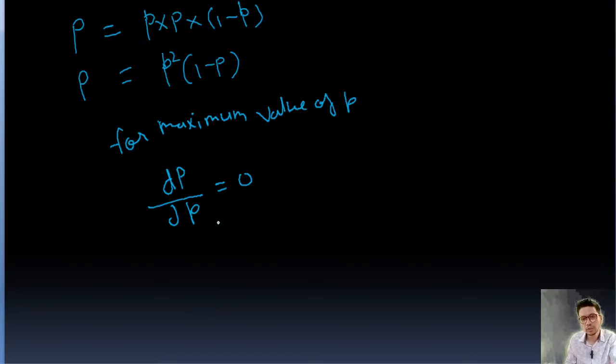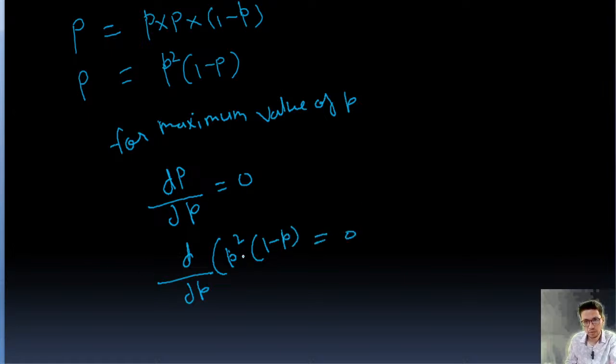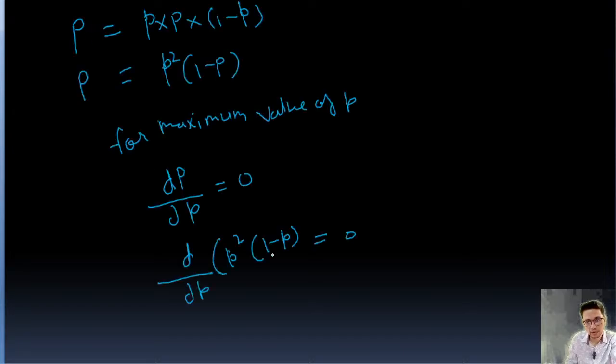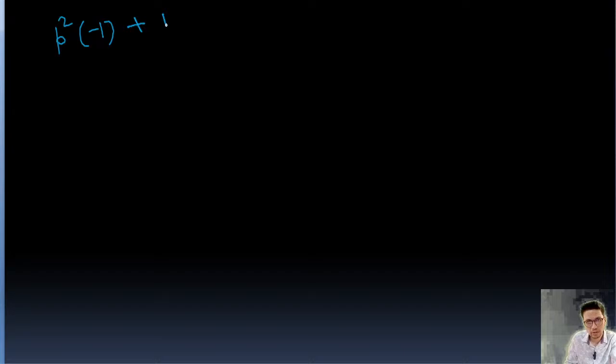So now we'll differentiate it. So this is going to be d upon dp of p square into 1 minus p, equal to 0. We'll use the product rule. The first function times the differentiation of the second, which is minus 1, then the second function times the differentiation of the first, which is 2p, equal to 0. So this is going to be minus p square and plus 2p